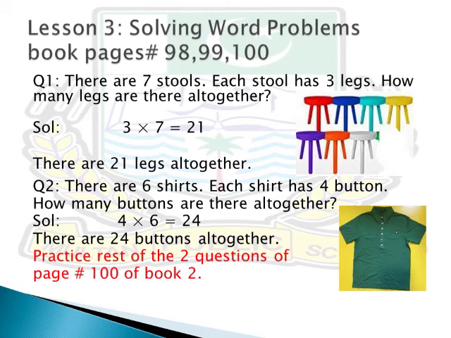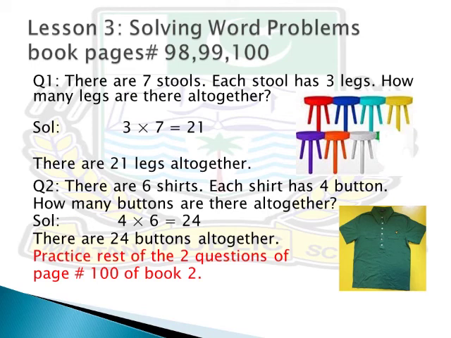You have studied your previous slide. Now I'll take help from your previous slide and do these questions. First of all, read the question, underline the main points, then make a plan, write your equation, solve your equation and show your work, and test yourself whether your answer is right or wrong. First of all, there are 2 main points that you have to underline. There are 7 stools. How many stools are there? 7 stools. Each stool has how many legs? 3 legs. There are 2 main points.